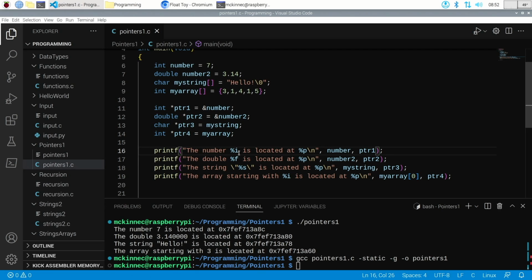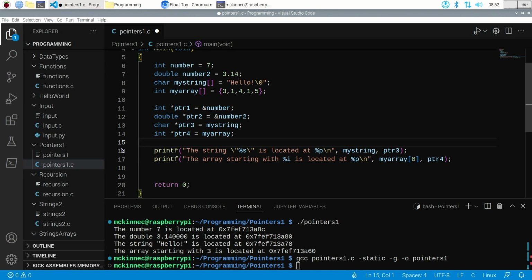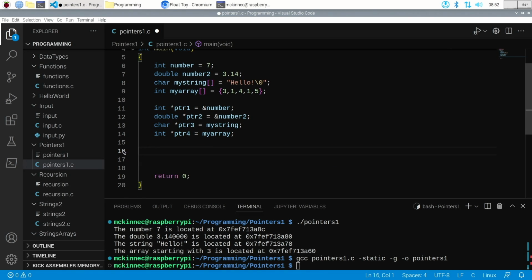Okay, and for now, let me just delete and not worry about the integer or the float, and let's just concentrate on the string and the array. I'm going to change my print statements to not print the entire array, or string rather, but just a single character. So I can do printf, the character located at a pointer is a character,